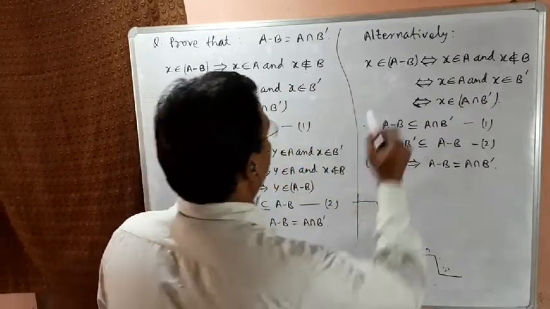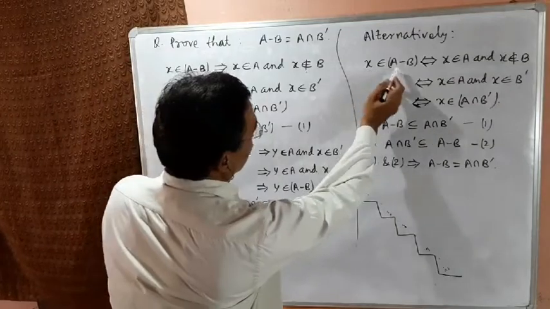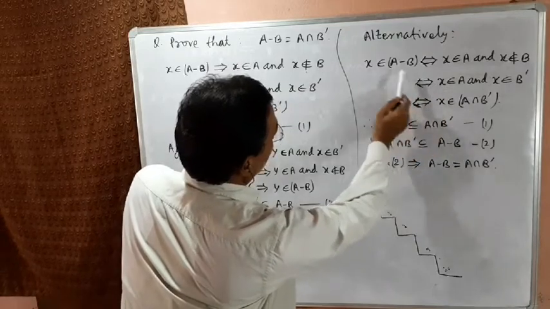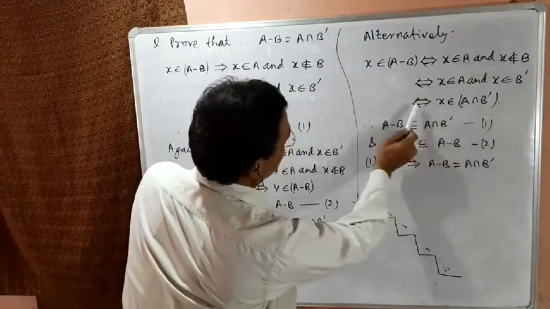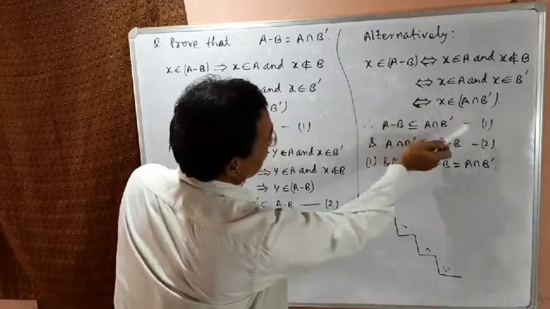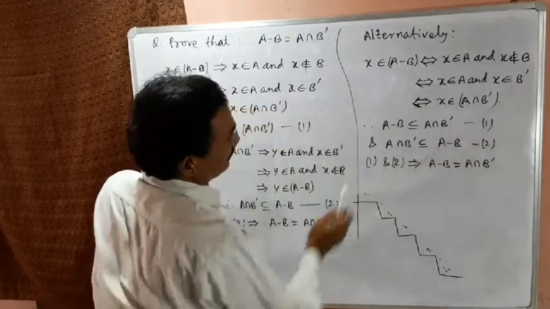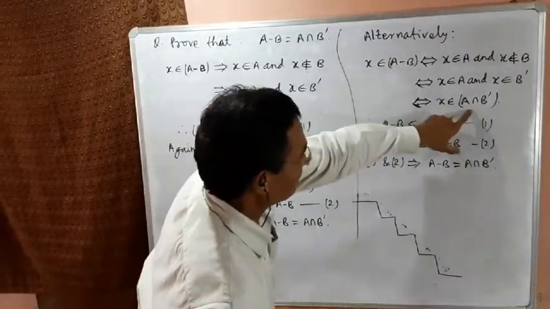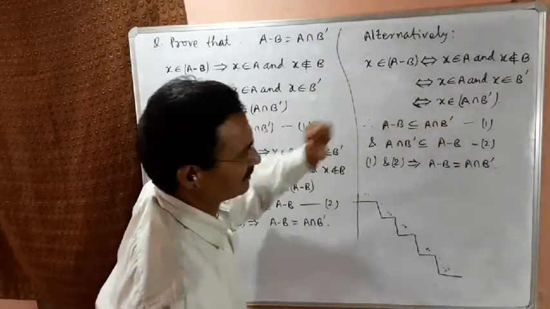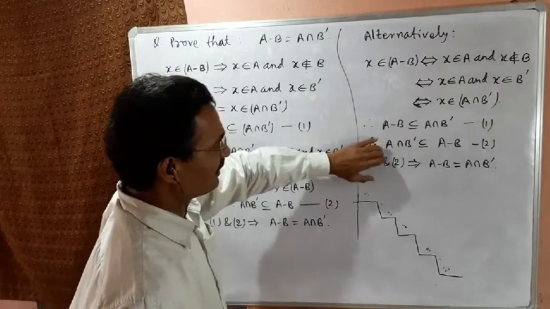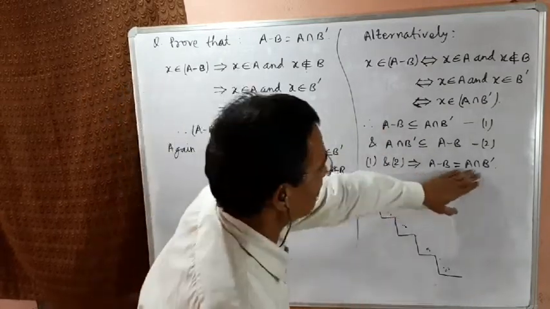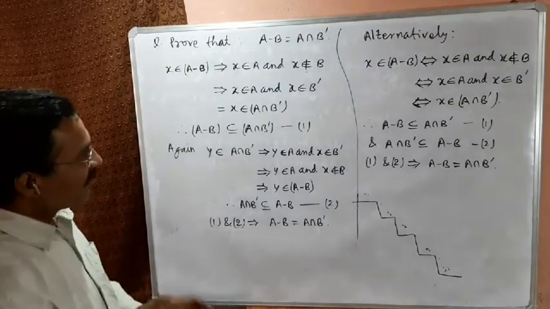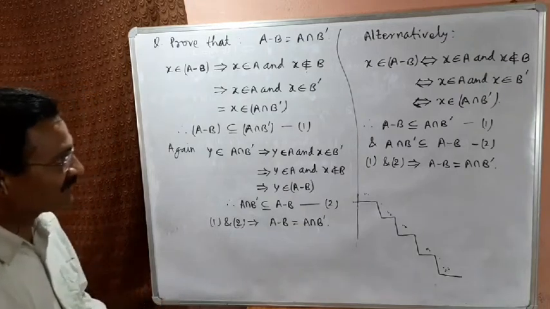It means at the same time we have proved that if x belongs to this, then x belongs to A intersection B complement. Actually this forward arrow shows that if x belongs to this, then x belongs to this, and backward arrows mean vice versa. It means simultaneously we have proved that if this is a subset of this, then in return this is also a subset of this. Therefore we have concluded these two results, and from 1 and 2 we can conclude this equals this, like the first method. So therefore if we follow this type of language, then we can reduce some steps in writing.